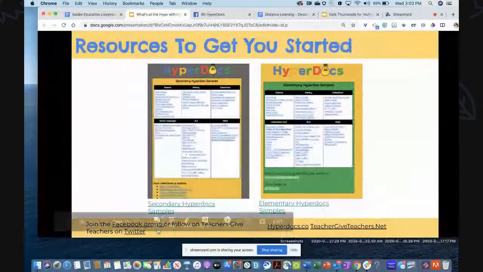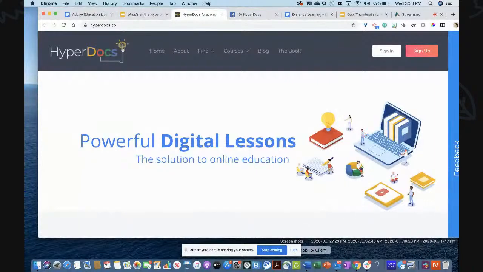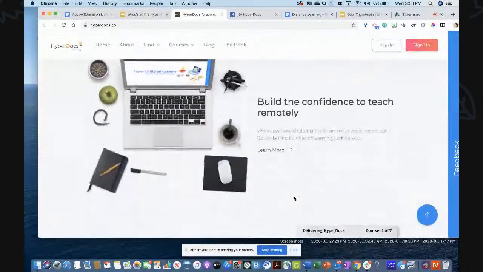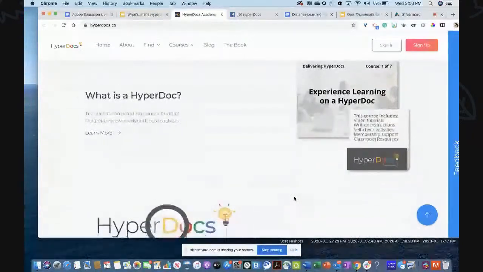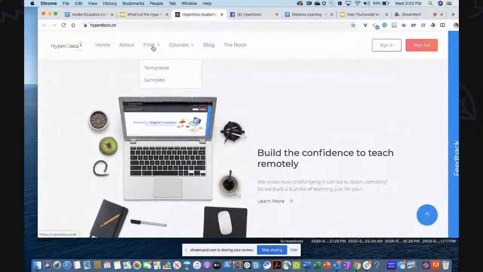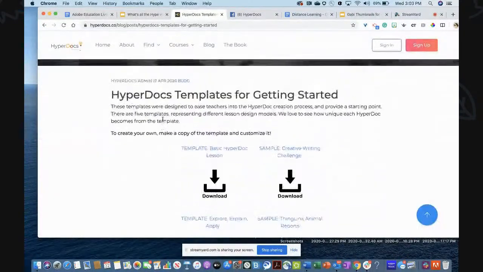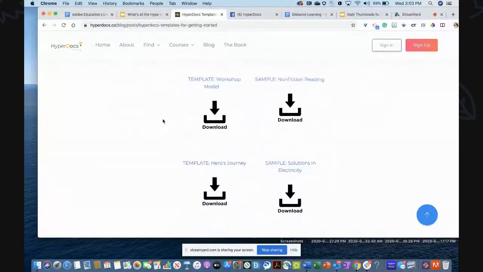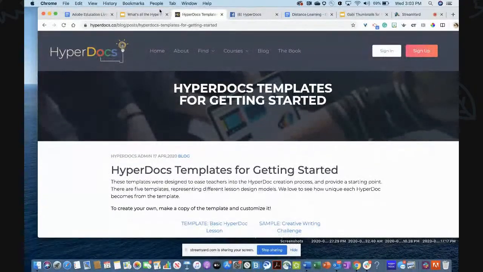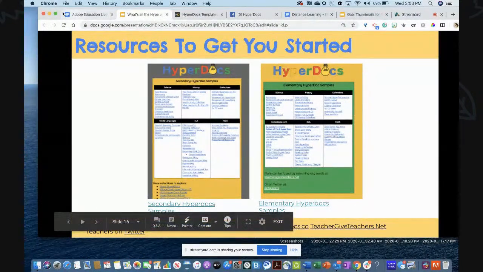They also are on Twitter, and they have a website called hyperdocs.co, and they've updated it. It looks so good. And so you can go in, and they have templates. So here's templates that you can go in and explore, and they have such great stuff. And so all of those pieces are available for you. The other thing that's really great